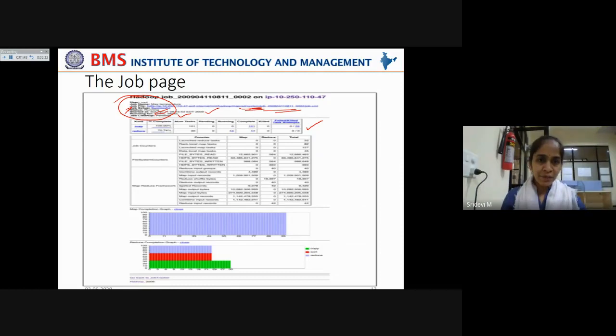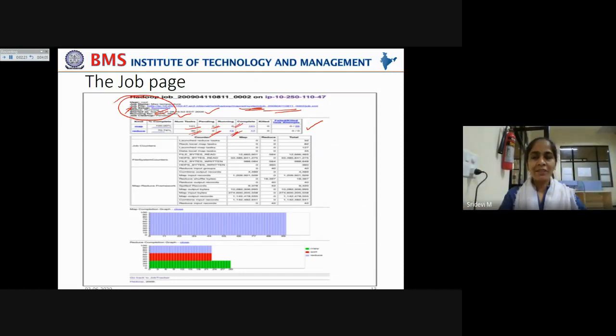Okay. And the next table, observe this next table. It just gives us the information about how many map tasks and reduce tasks are running. Here the total number of tasks is 101, total number of map tasks is 101, and total number of reduce tasks is 30. In this, number of map tasks pending is 0, number of reduce tasks pending is also 0. Again, in the next column, running map tasks are 0, but running reduce tasks are 33.